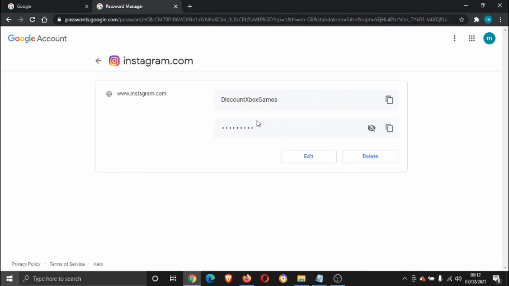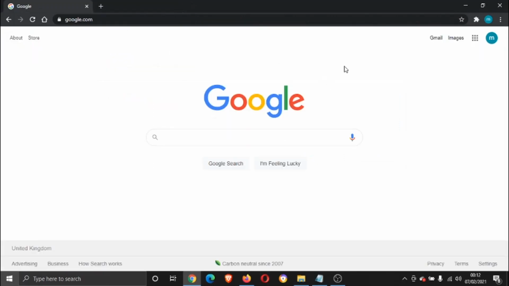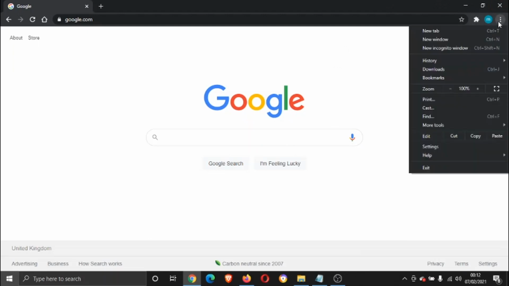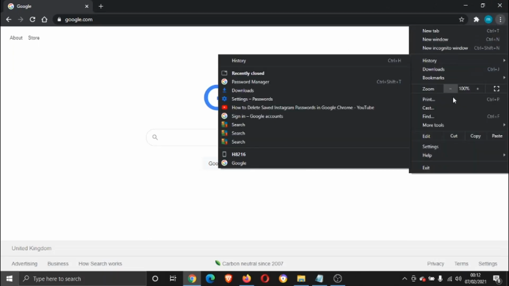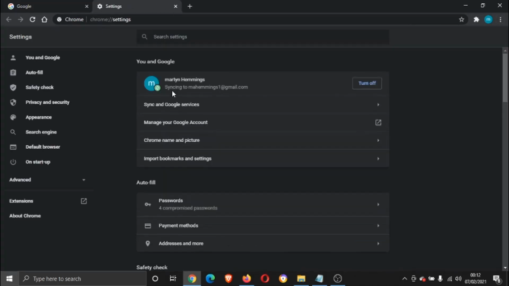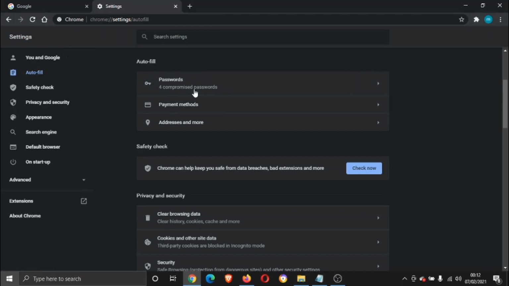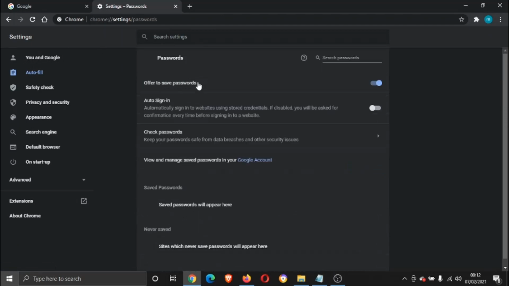So that's one way. The second way to do it is, if we go back to the homepage Google, so what you need to do is next to your profile, you've got the three dots up here. If you go ahead and give that a click and then go down to settings, and on the left hand side you should see a button and an option there called autofill. So if you go ahead and give that a click, and you want to click the first one at the top, which is passwords,